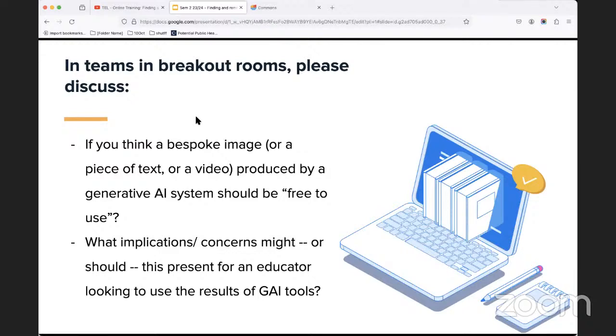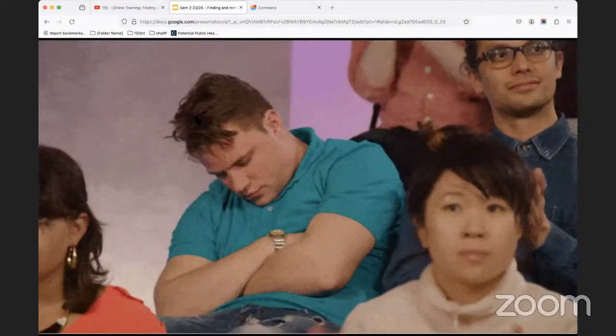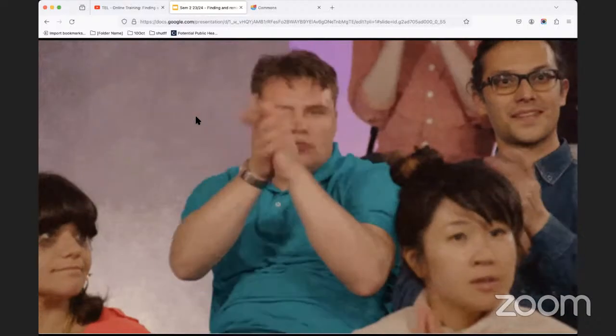A different question as to whether we can use it is whether we should use it. What are the implications if these generative AI tools are essentially hoovering up other people's work without permission and using it to produce bespoke images? As educators, what is our obligation to not use that, or in what way can we use that ethically? So it's a really interesting area. There's no clear answers, but that does seem as good a place as any to finish up.